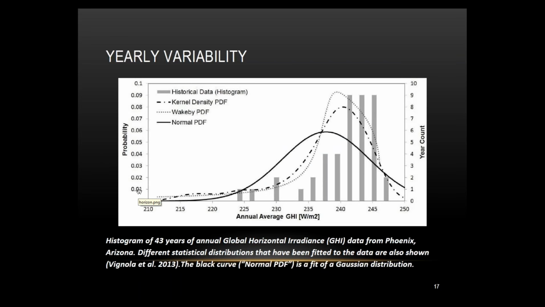The yearly variability is of great interest because you want to know how much it varies from year to year and how much resource we will get in a bad year. And many people are interested in getting the P90. The P90 is the percentile above which 90% of all years will give more irradiance or energy production. It's often described as energy production.